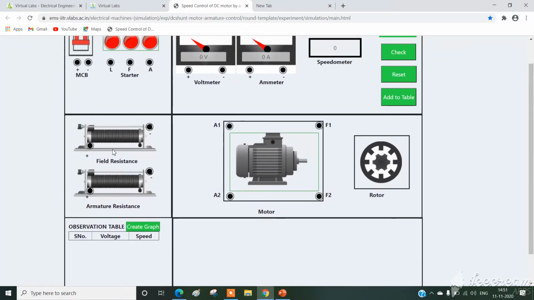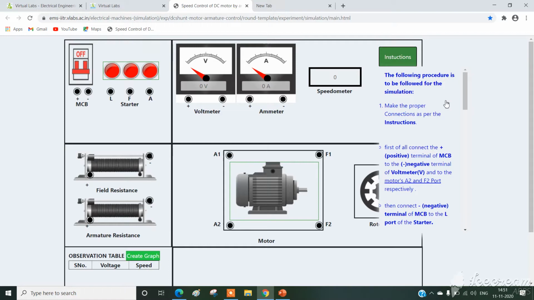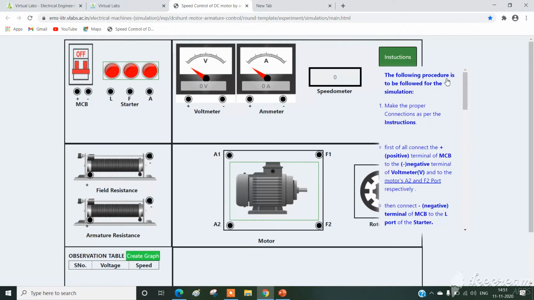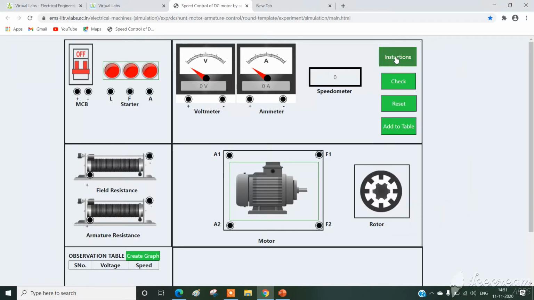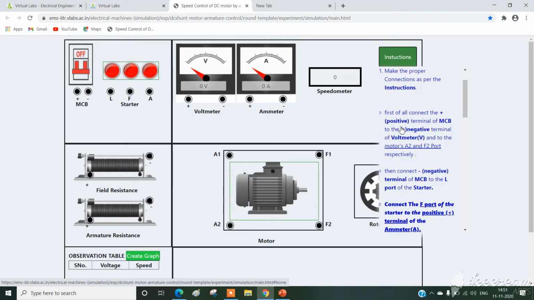Here we have the field rheostat and armature rheostat. We will make the connections by simply clicking on instruction, where the procedure is given. First, connect the plus terminal of the MCB to the negative terminal of the voltmeter and the motor A2 and F2 ports respectively.